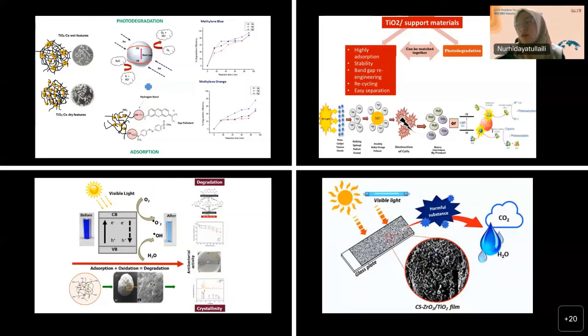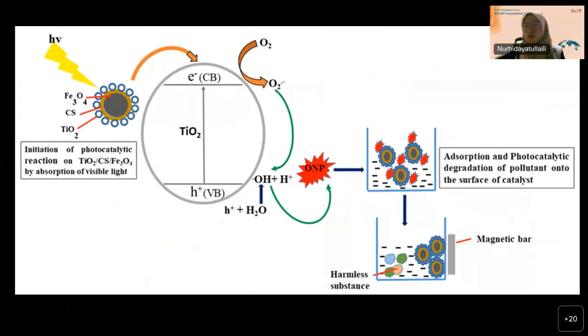All the systems were evaluated based on material characteristics: crystallinity, light absorption sensitivity, particle size, band gap evaluation, and also porosity. We found that they are promising catalyst systems for different types of water pollutants, for example clinical waste, pharmaceutical residues, synthetic dye, and so on. But for today's presentation, I will present one of the systems that have been developed by our lab members. In this system, we introduce a ternary, which means it is composed of 3 different elements